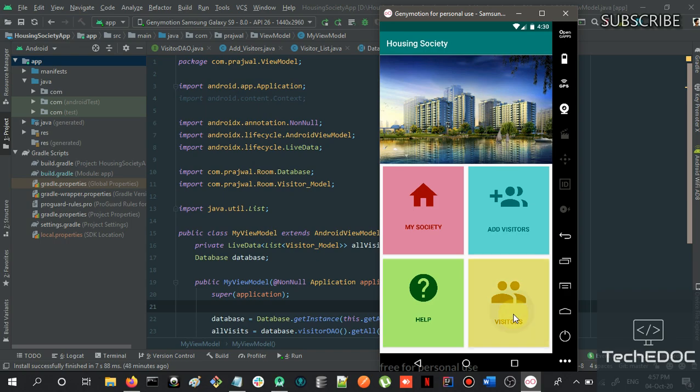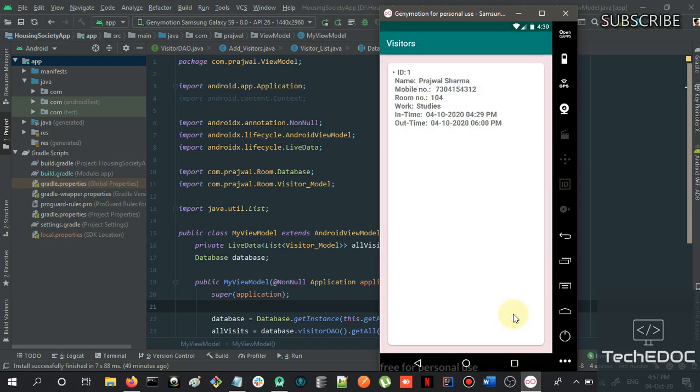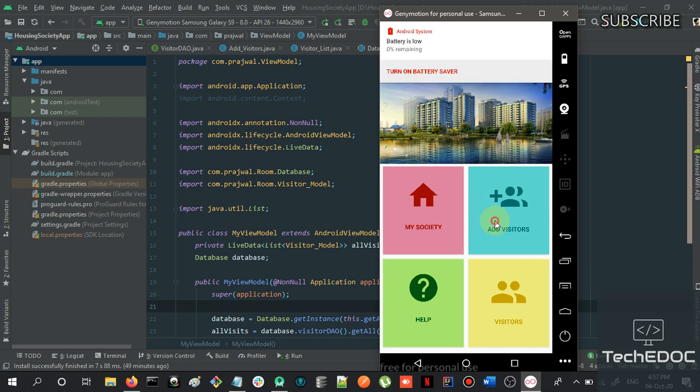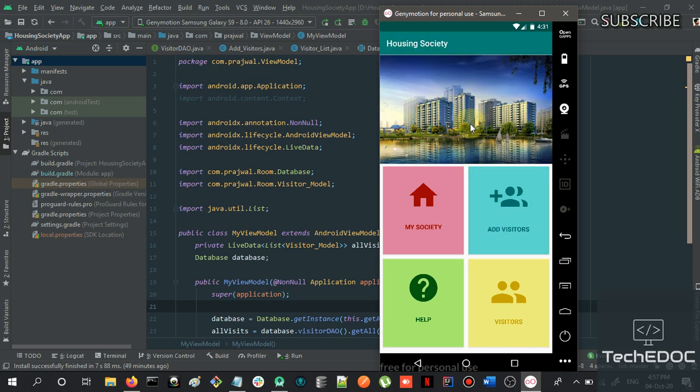I click on the visitors menu, and here you can see the name, the mobile number that I provided, the room number, the work for which I'm going, and the in time and the out time. Similarly, you can create more visitors in this section.